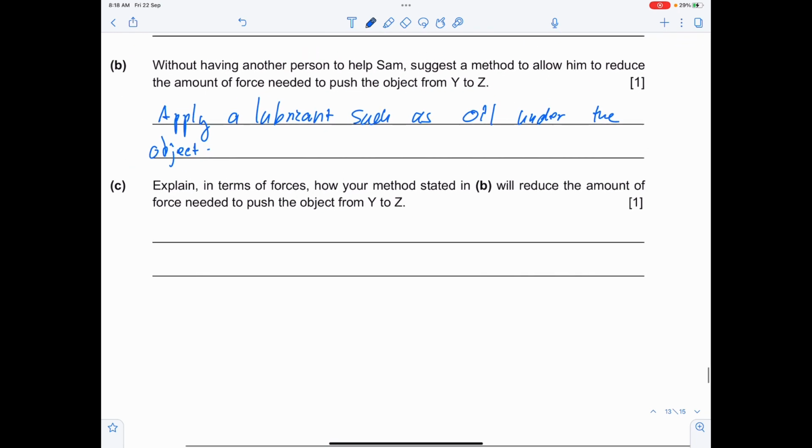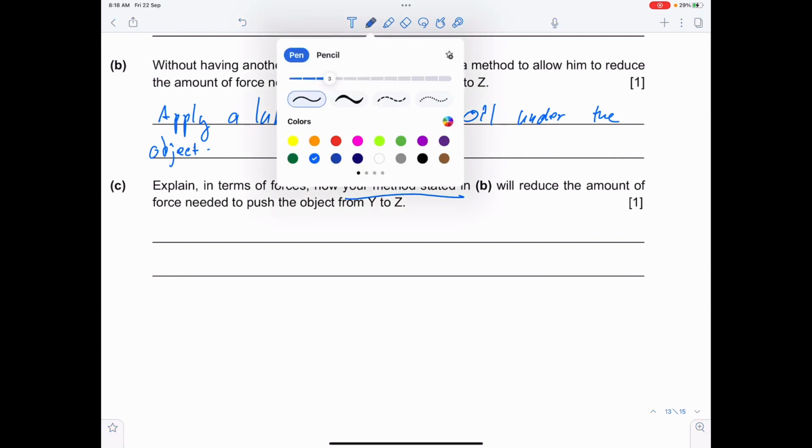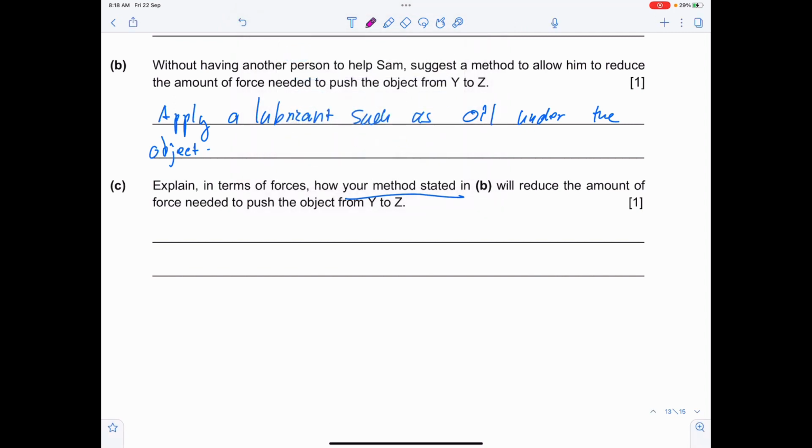Next, explain in terms of forces how your method stated. So we're talking about friction, right? So for friction, make sure you tell me it reduces friction between what and what. Once again, you cannot say it reduces friction on the object. That's it, full stop. Cannot, because friction is a contact force. It needs two surfaces rubbing against each other in order to be present. Alright? So you would say that,